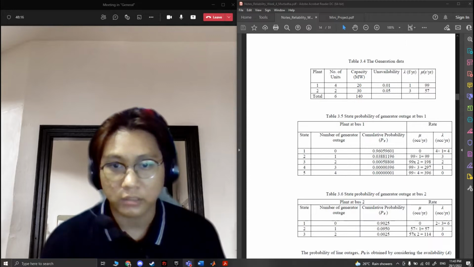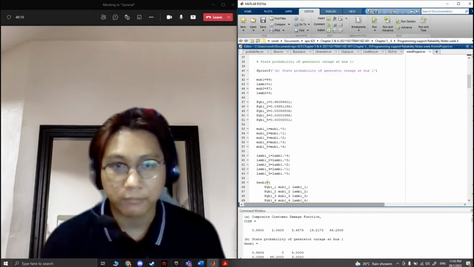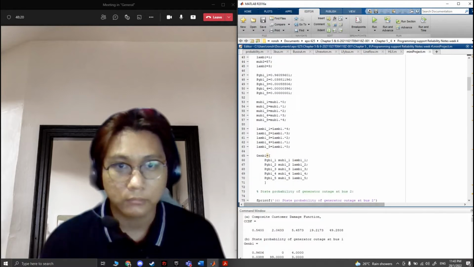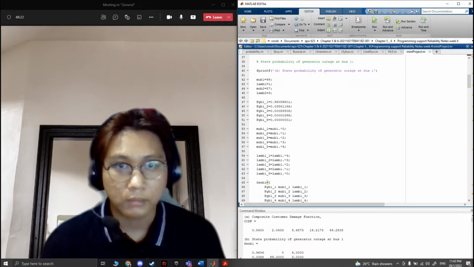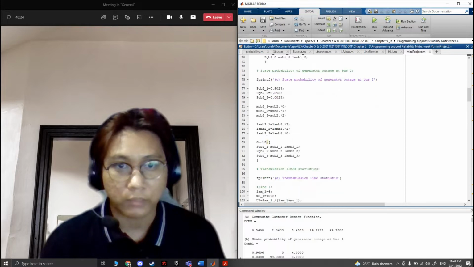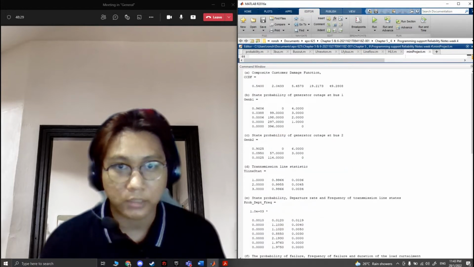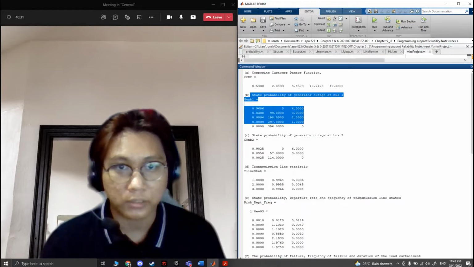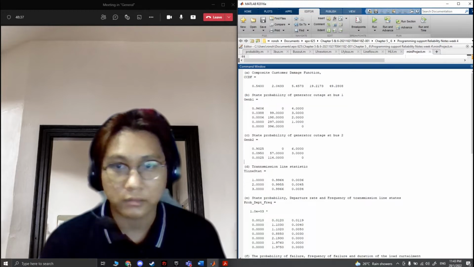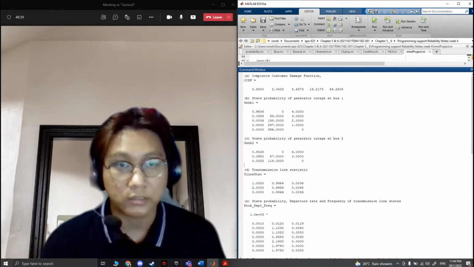As can be seen in our MATLAB, we compile everything, and after running it, we can see here the probability of generator outage at bus 1 and bus 2 is the same as the answer